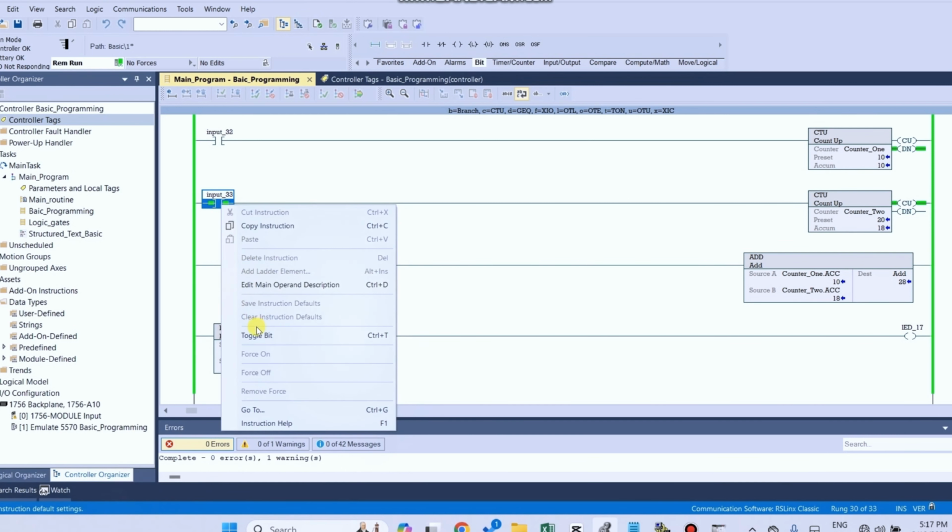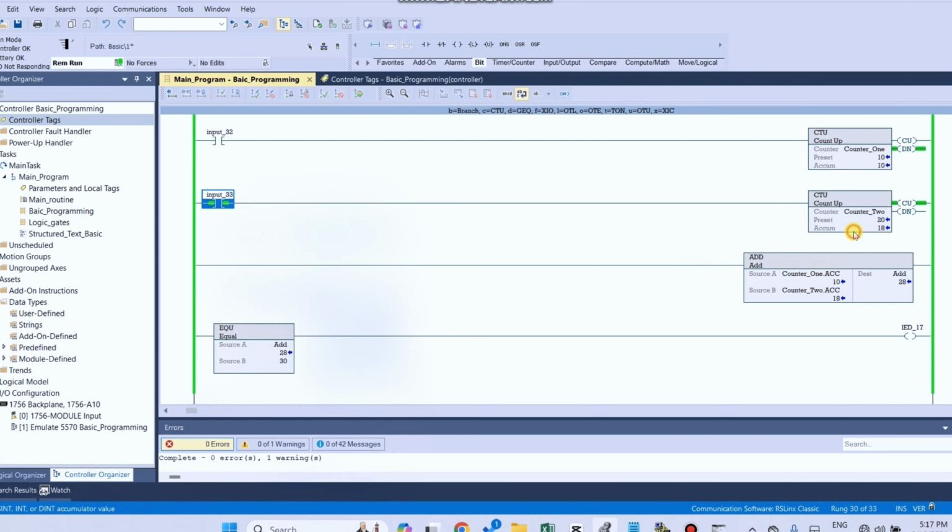We can easily observe our value is 28. Counter 1 value is already 10, counter 2 preset value is 20 and accumulator value is 18. So when counter 1 and counter 2 values are added, it is 28.